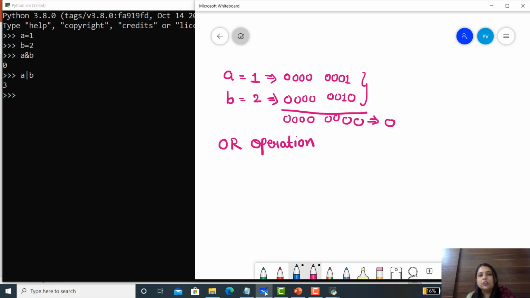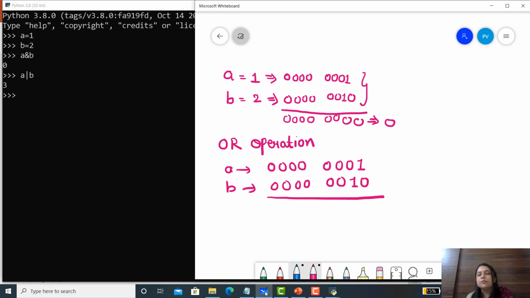The value of A is 0 0 0 0 0 0 0 1, and B is 0 0 0 0 0 0 1 0. Just perform the OR operation, which gives 0 0 0 0 0 0 1 1.